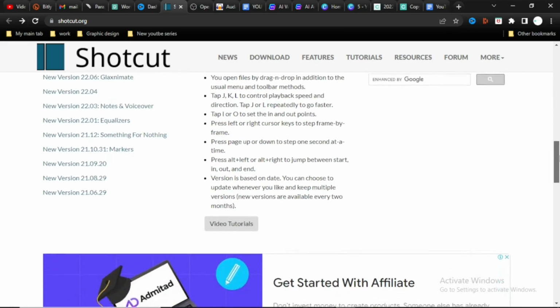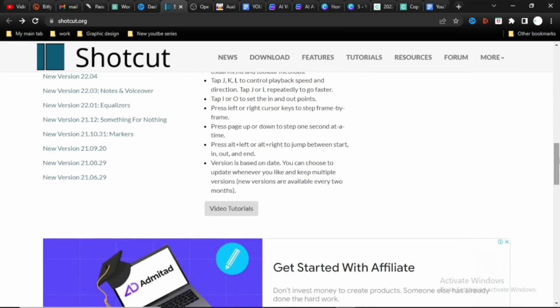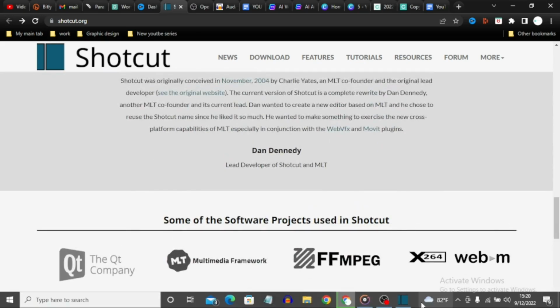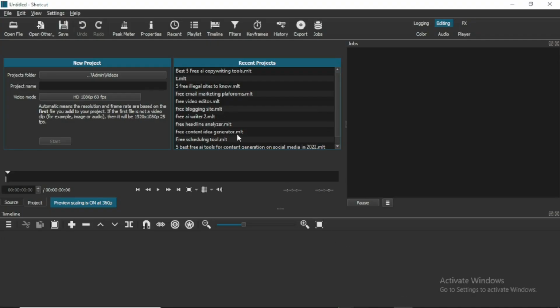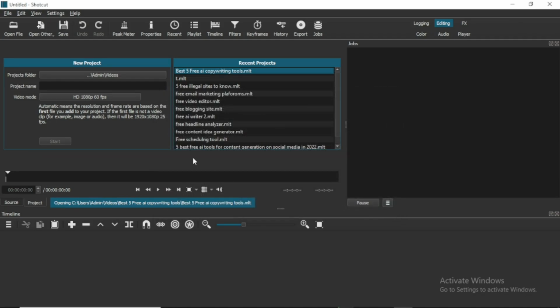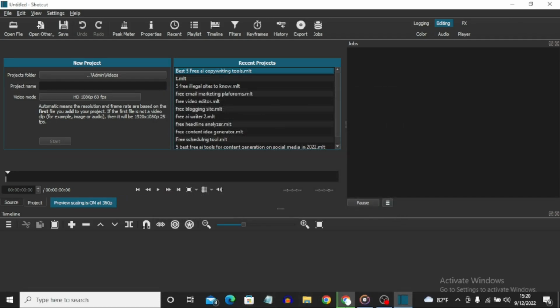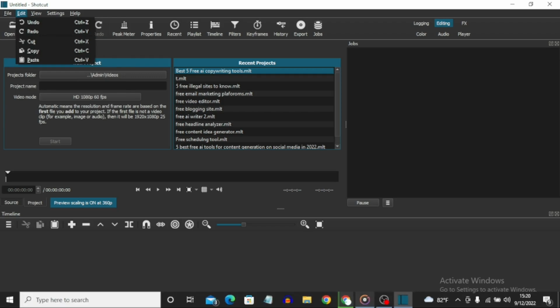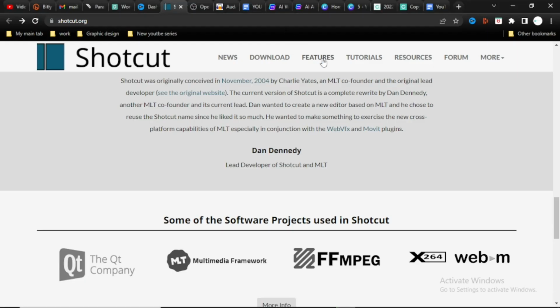Non-linear video editors like Shotcut are used by those who wish to do more with their videos than merely cut and edit, and unfortunately that's what I use it for right now. So if you're looking to do more with Shotcut, it's very possible. Shotcut is also a multi-format video editor that works with varieties of video file types. Shotcut has the ability to cut and edit videos, as well as add special effects, transitions, and audios, and also